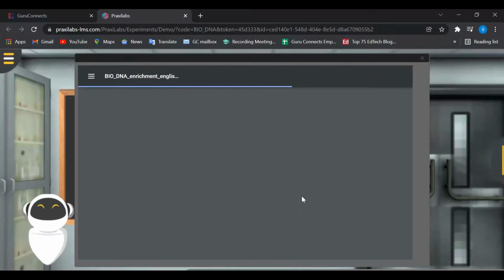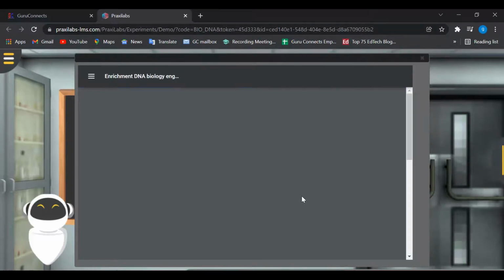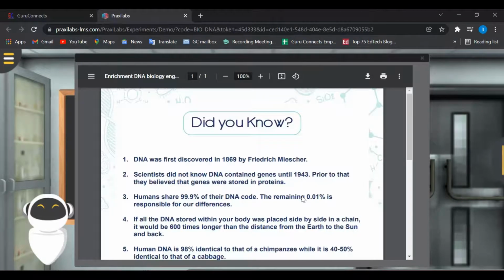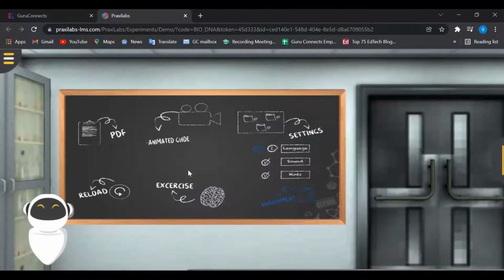At first DNA was discovered in the year 1869 or so, by a person called Frederick Miescher. This is all additional information that we give the student just for his understanding.